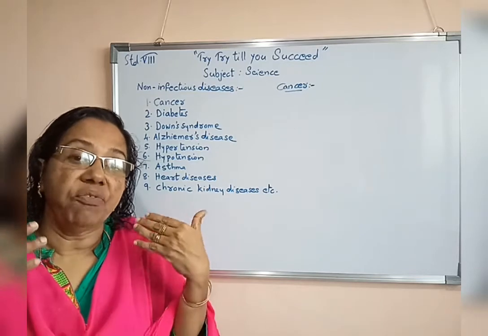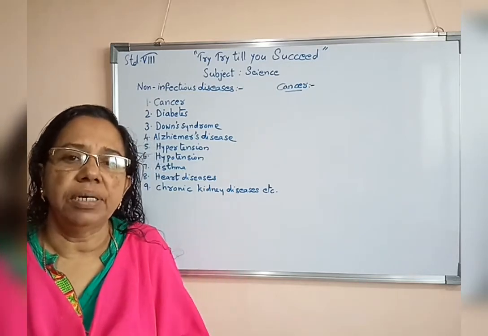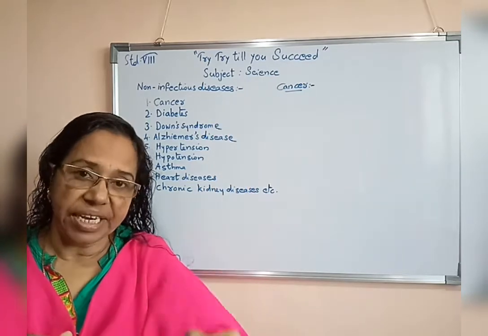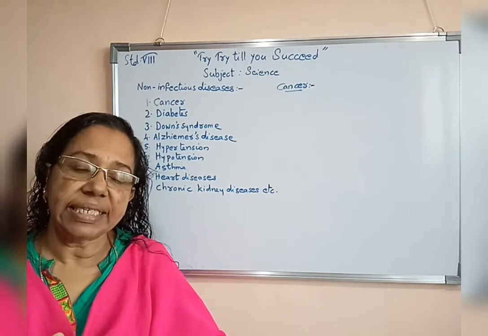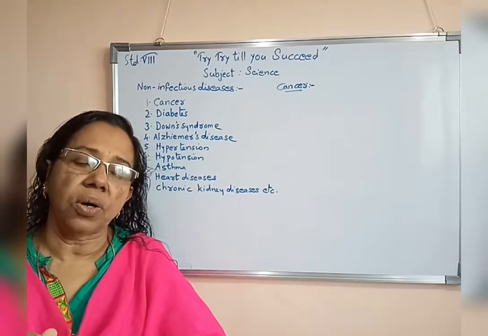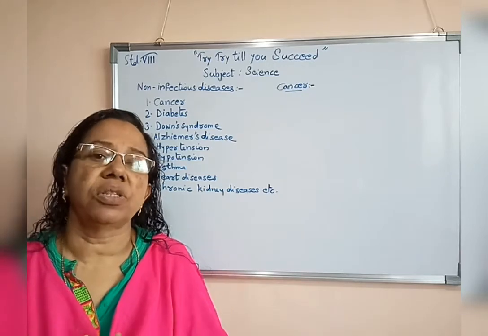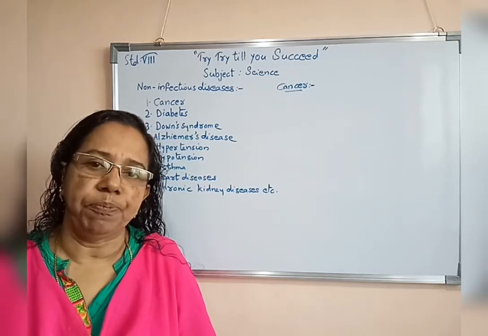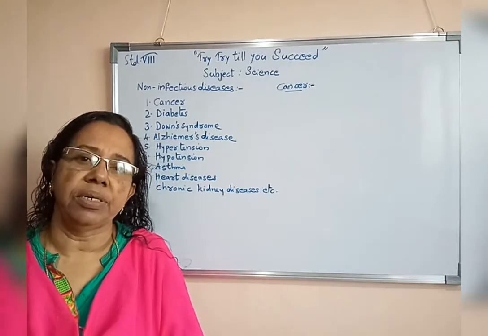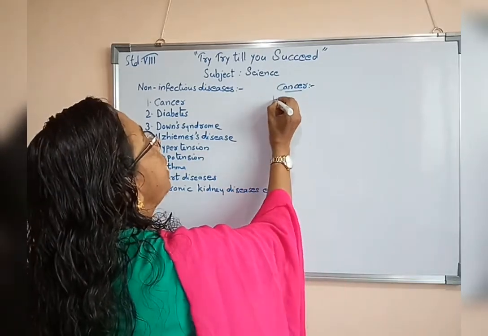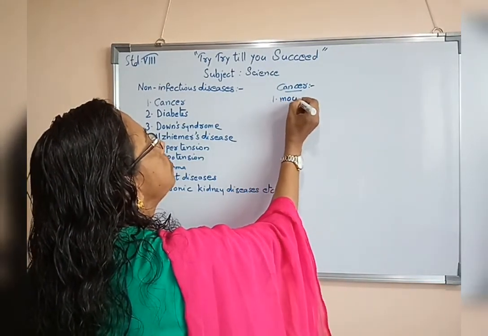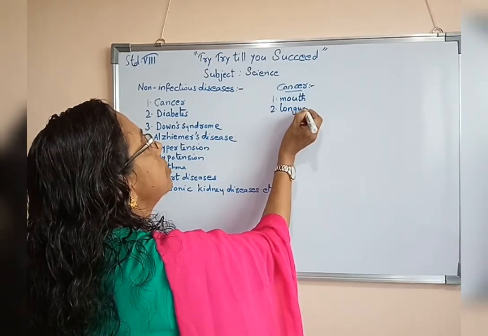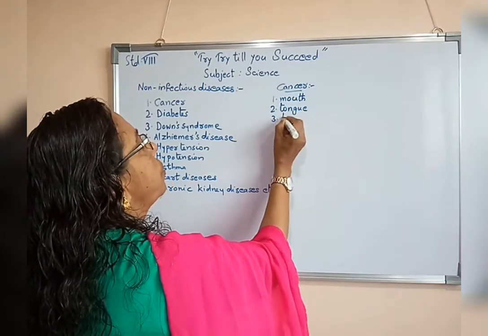Then there are various types of cancer. For example, oral cancer. Oral cancer means mouth cancer. These cancers occur due to the uncontrolled or abnormal growth of cells. It does not happen in all parts of the body at a time. It affects a part of the body. For example, it may affect the mouth, the tongue, then our lungs,